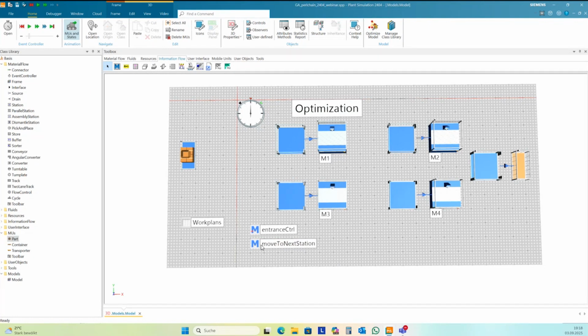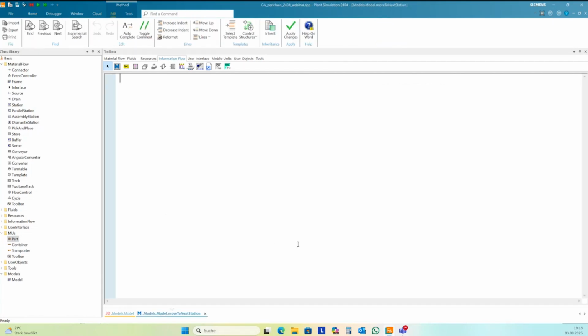Move to next station. Also, it's only some lines. We need to increase the operation number of the part. It's at point OP. So we get the next station.